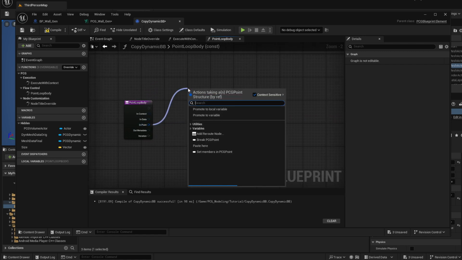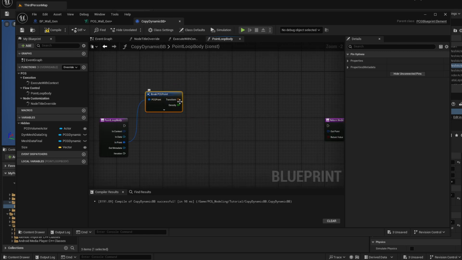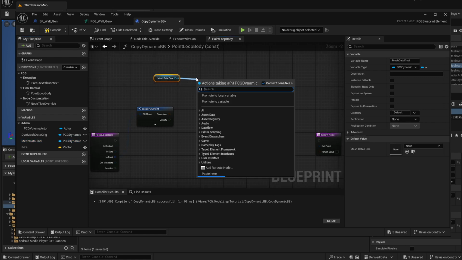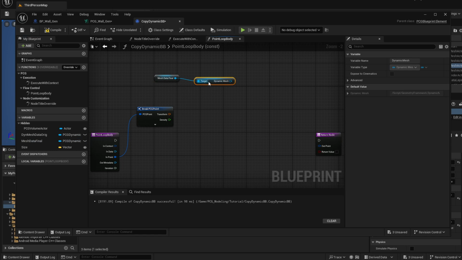So for each point, we'll break this point, we'll get the transform, and we'll append a transformed mesh to our final dynamic mesh. So let's drag out this final dynamic mesh, get the dynamic mesh element from it,